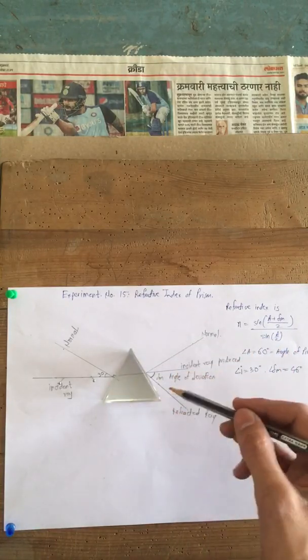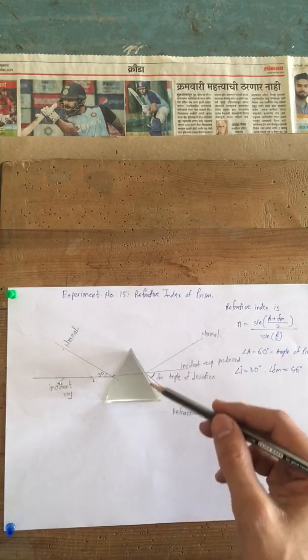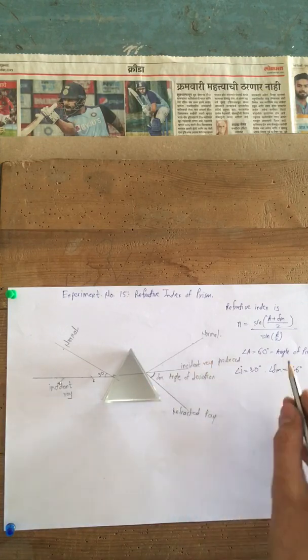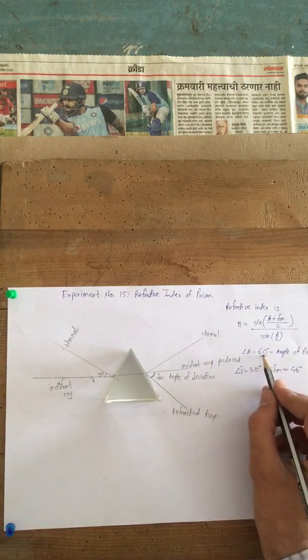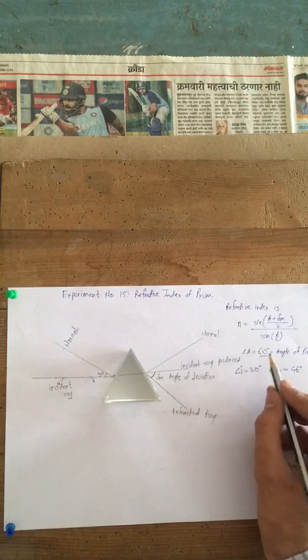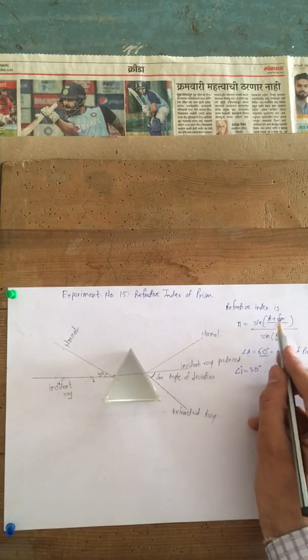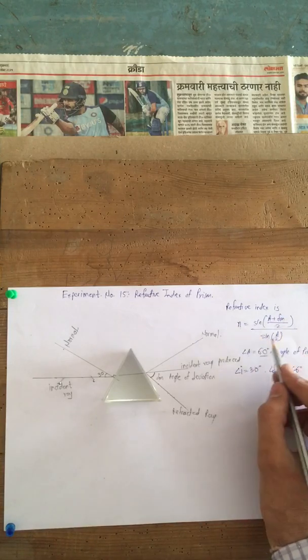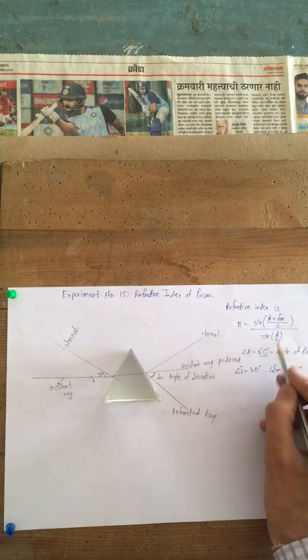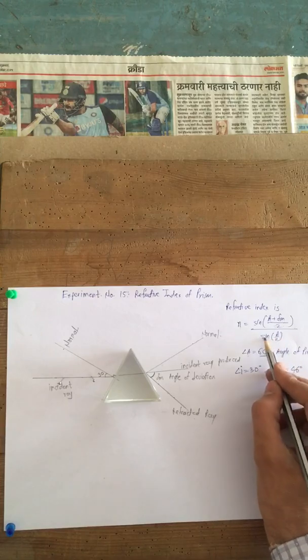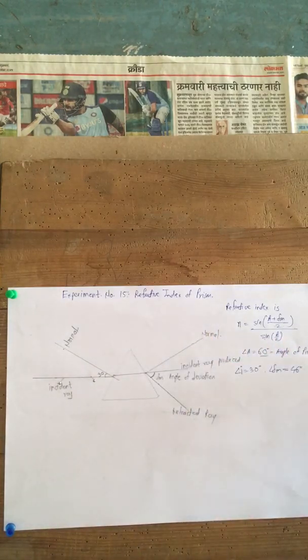Now this prism, if you see, this is a triangle and this is an equilateral triangle, meaning each side is equal and each angle is equal. Okay. So each angle will be 60 degrees. So the angle of the prism is 60 degrees, and this is the formula to determine the refractive index of the prism. Sin of (A plus delta m) by 2, whole divided by sin of A by 2, meaning 60 divided by 2, फिर उसका साइन लेना है. ठीक है. And this delta m is the angle of minimum deviation.